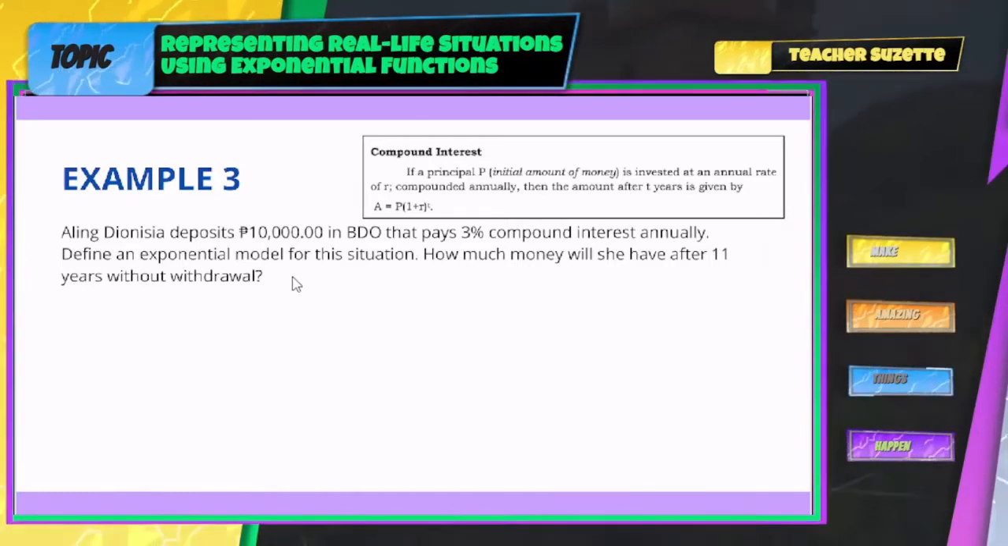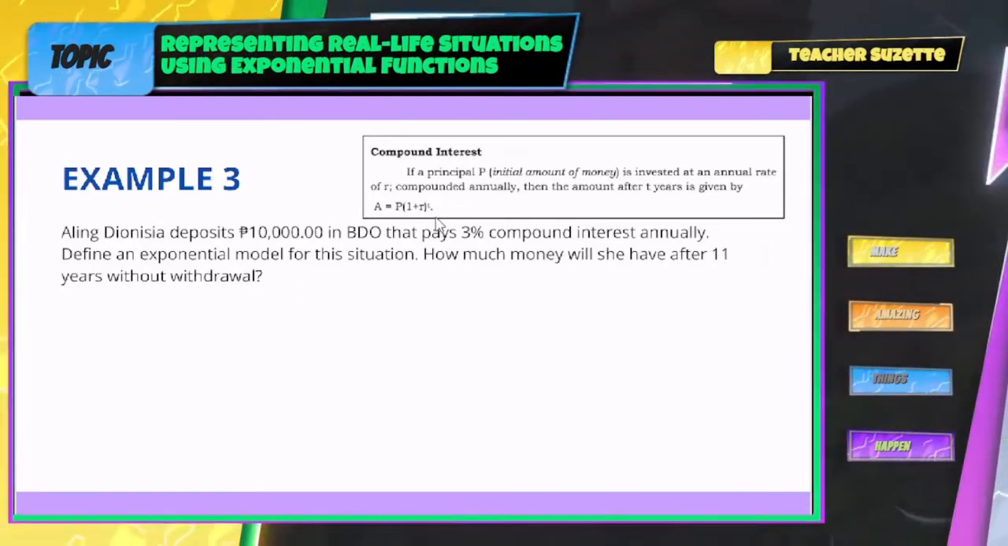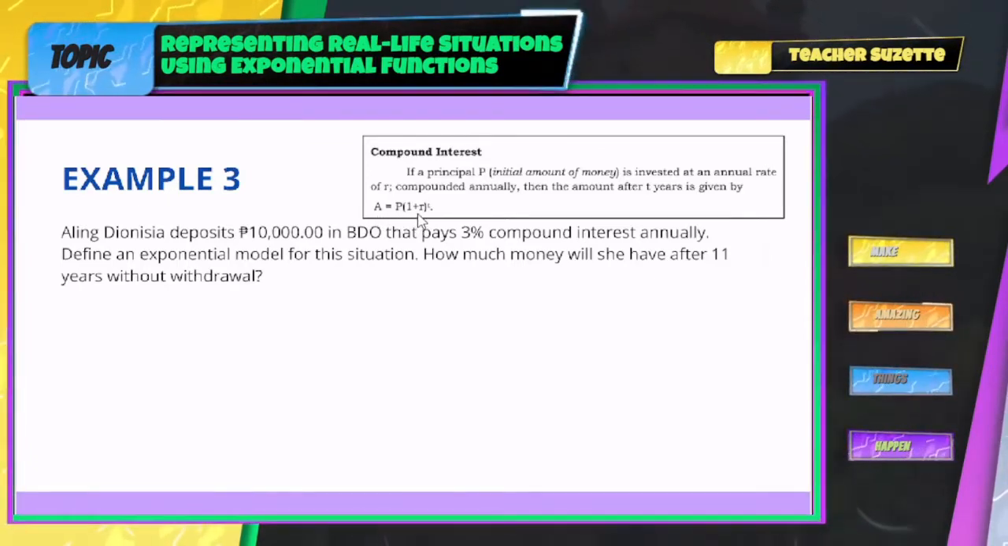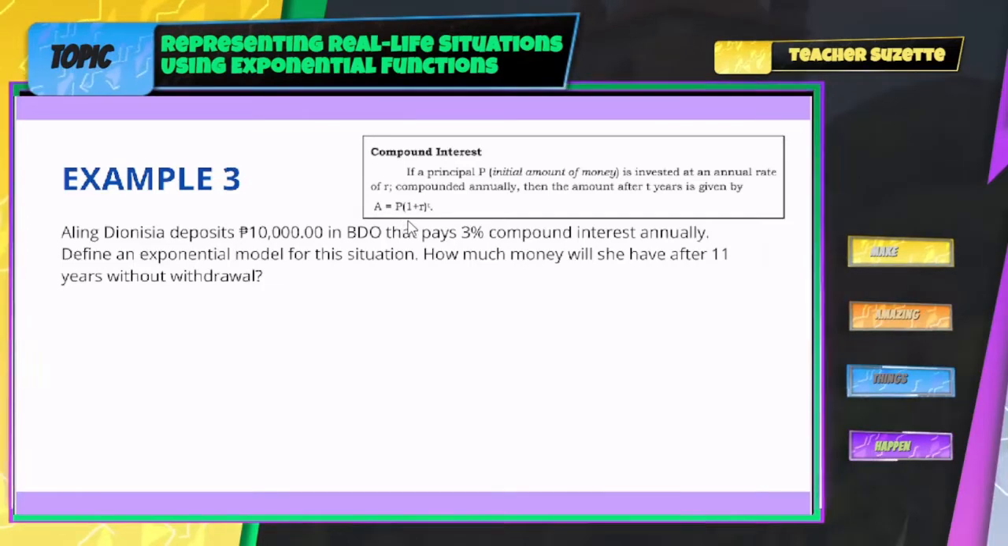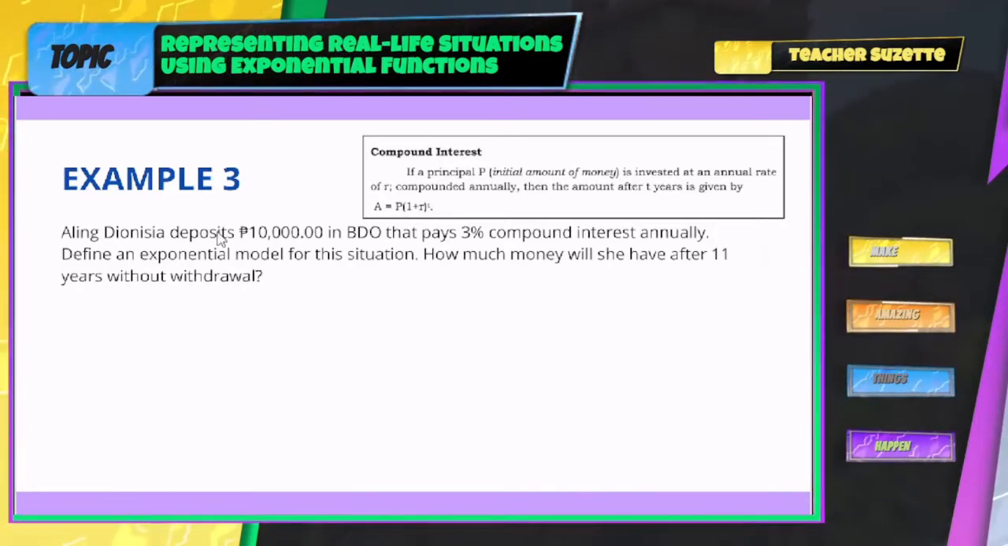For our problem number 3, it will be easy to define an exponential model for this situation if you know the formula, such as this one: A is equal to P times (1 plus r) raised to t. Kasi ang gagawin mo lang naman, kukunin mo yung mga given, then i-evaluate mo lang, substitute mo lang sa pinaka-formula mo for compound interest. However, let's assume na hindi natin alam yung ating formula, but we know the concept of